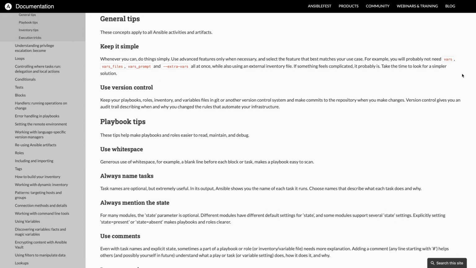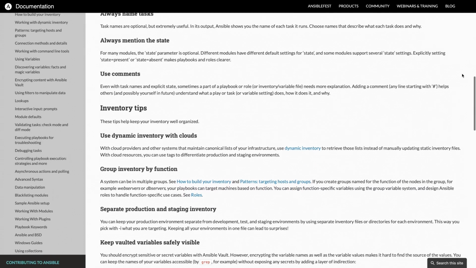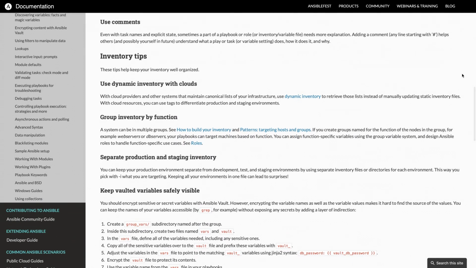recommendations. The use of comments in particular, personally, I'm a big advocate of this, and you can see that we actually have those comment blocks explaining what each of the different areas are. And I think these are particularly useful when you're working with Ansible in a team, and you may have members of your team who are new to Ansible coming along, and it makes it very self-explanatory for them. I leave it at your discretion whether you keep those comments or not, but personally, I'm a big fan of